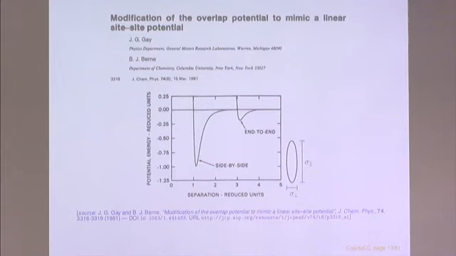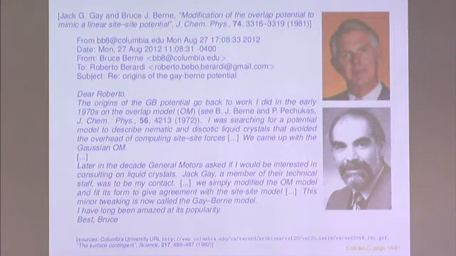So this contact function was used in 1981 by Bruce Berne and Jack Gay to set up and create what has now become one of the standard models for mesogenic particles, which now bears their name and is called the Gay-Berne model. It is some kind of anisotropic Lennard-Jones potential that I will describe later. But first, I would just like to